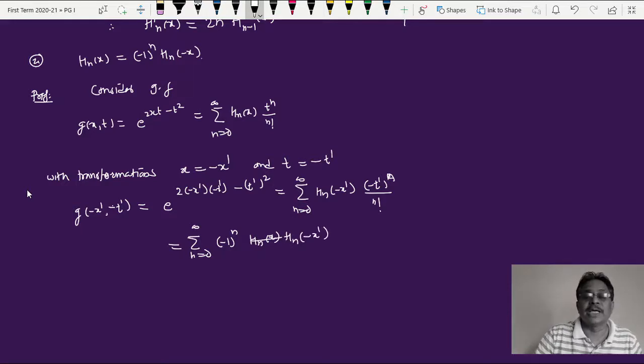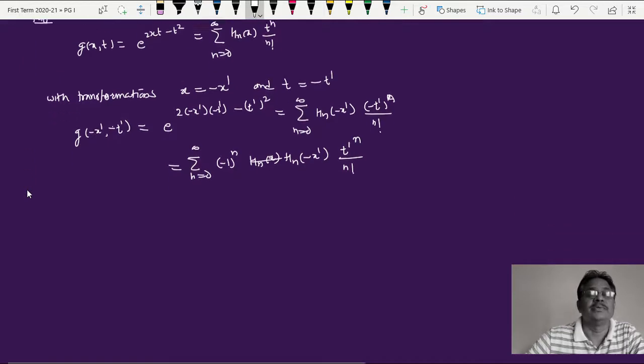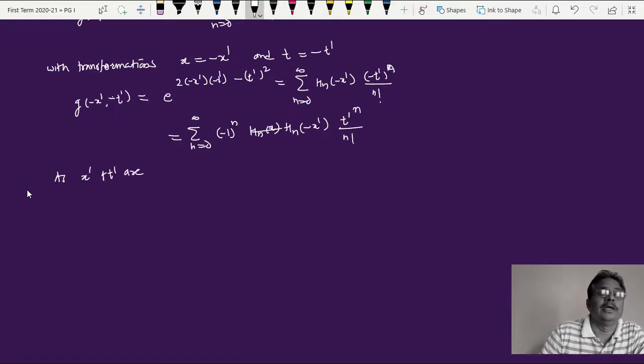Now this minus 1 has been taken outside, so it is t prime raised to n divided by n factorial. And here again, since x prime and t prime are dummy variables, replacing them by x and t,